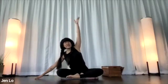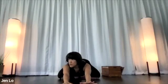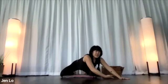And then rise up, please. Hands to the heart. Wide leg child's pose. Make your way, knees wide, big toes touch. And then walk your hands forward. We're gonna take a little bit of a threading the needle situation here. So walk your hands to the right. Pick up your left arm and thread it under. Thread the needle,